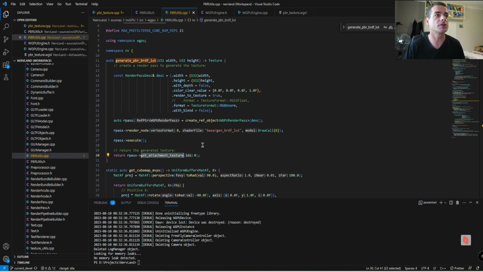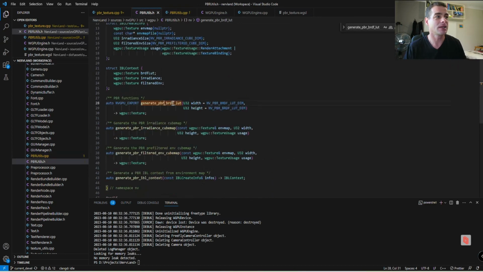So you're just not caching anything here, not keeping anything in memory when you're done, which is, I think, a better option. Okay, and so we did the same thing for the two other functions. So the two other parts of the PBR, the generation of the irradiance cube map here. But this one, you will need to start with the actual environment map that you want for this IBL environment. So to generate the irradiance, you need your actual environment map, and then you can proceed as what we did